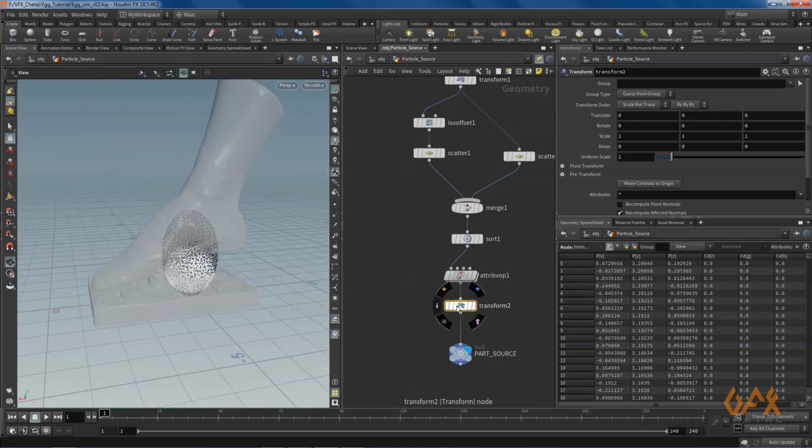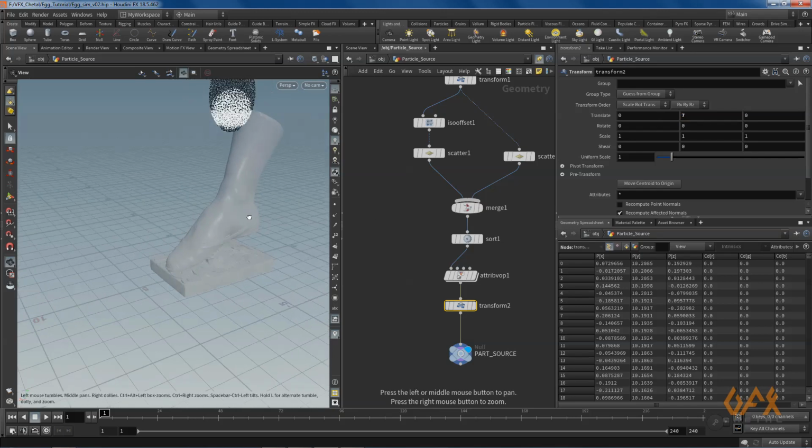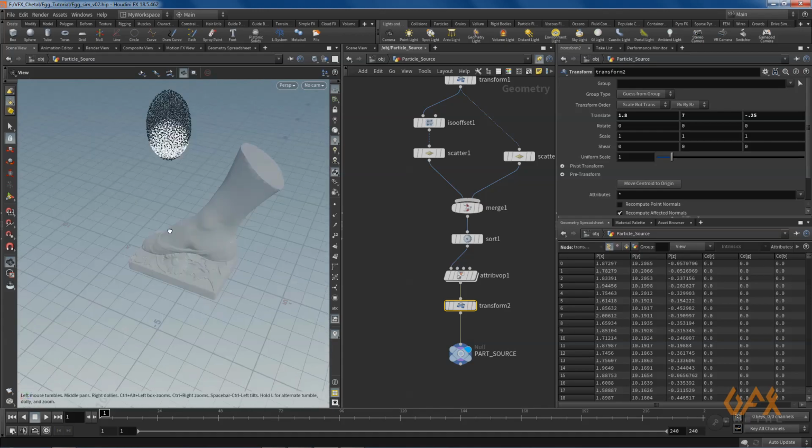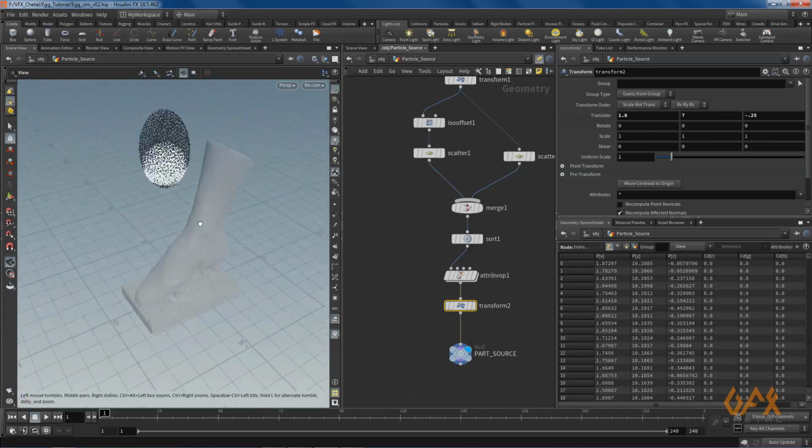Now I click over here and move these things a little bit up like 7, move a little bit in y, x 0.8, over here maybe minus 0.25. Okay, so that's great right now.